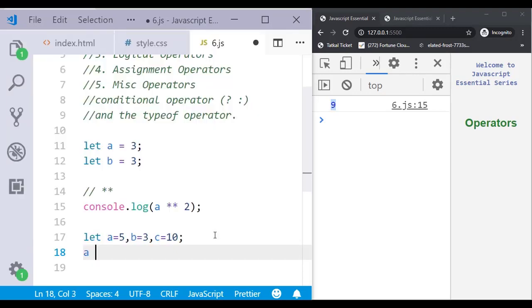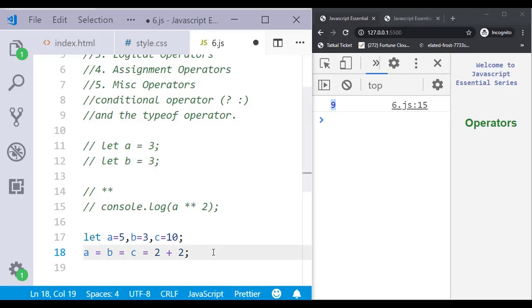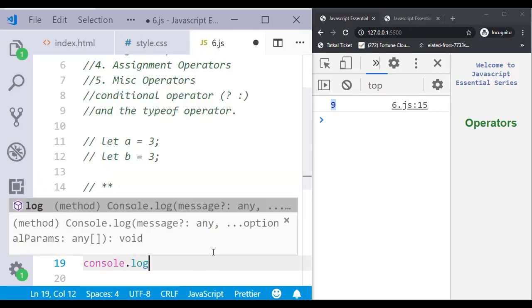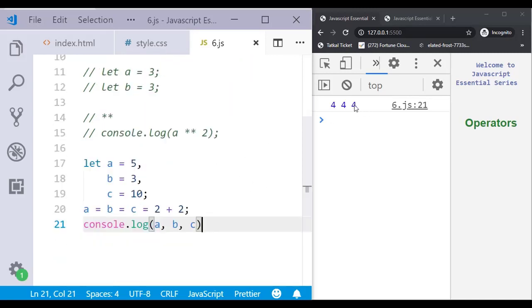Suppose I want a equal to b equal to c equal to, and I can do any operation, 2 plus 2, so all 4. Let me comment this part, otherwise it may generate an error because I'm defining twice. Now if I do console.log a, b, c, I should get 4 4 4. Yes, here I can see 4 4 4 because all got overridden with this one. This way also we can do.